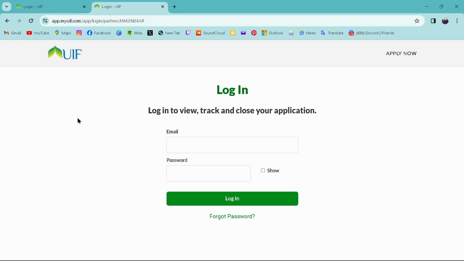Now after tapping on that, it will take you to this login page where you can enter your email address and password. And after entering your email address and password, just tap on login, and after tapping on login, you'll successfully log